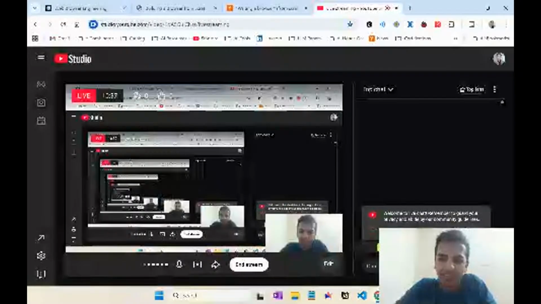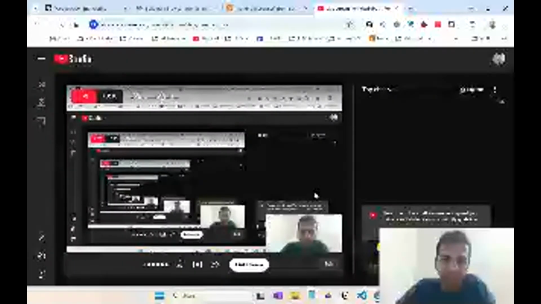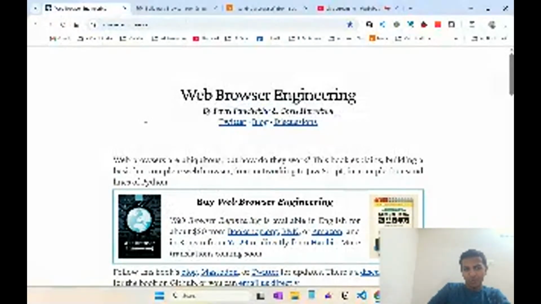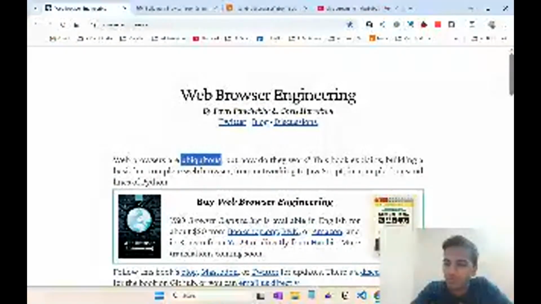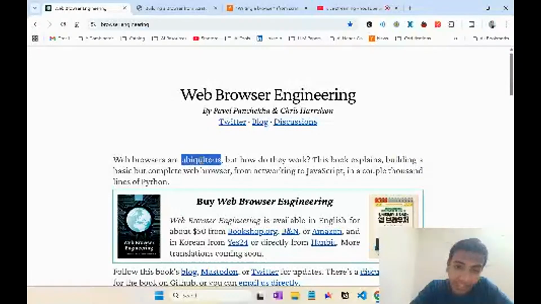So, Web Browser Engineering. Web browsers are ubiquitous. So what do you mean by ubiquitous? I used to be a person who didn't focus on vocabulary that much, but I am trying to improve.